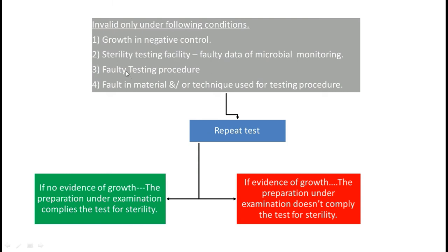Another condition is when the testing procedure used for sterility testing is faulty, or when a fault is observed in the material and/or the technique used for the testing procedure. So in these conditions, the test is repeated after eliminating all the conditions responsible for the invalidity,